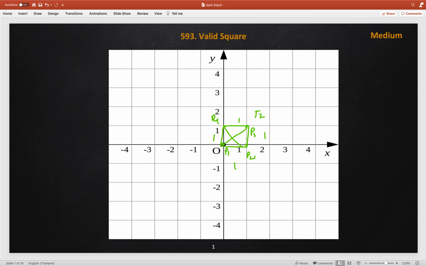So this is a square. If the side of our square is d, then the diagonal is root 2 d. So if you see, we have two different distances out of these total 6 distances. The distances of the sides are equal and the two diagonal distances are equal.